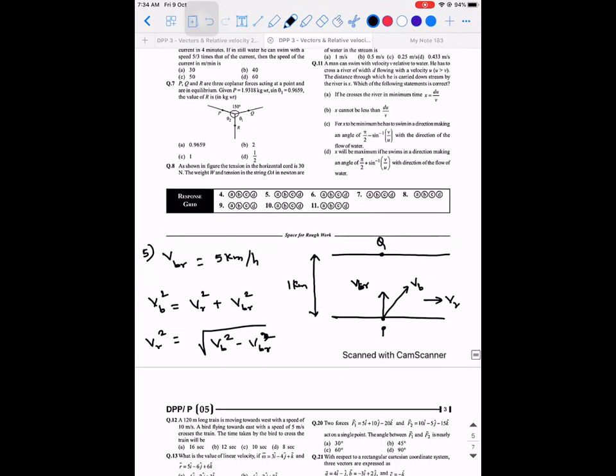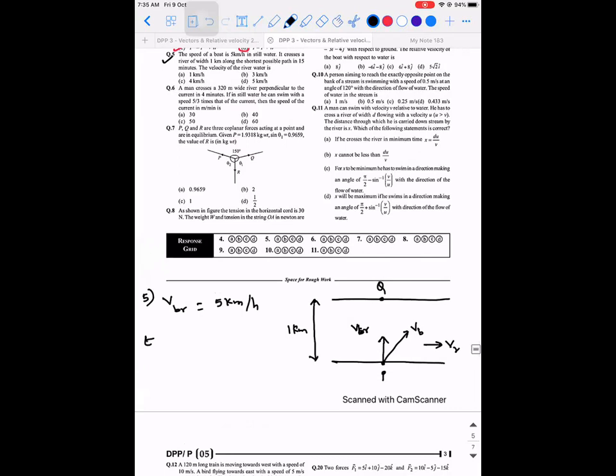Right. So is there data that we know? Do we know the velocity of the boat? See, I'll do one thing. What have they given us? They've given us the time it takes to complete, right? So time is equal to distance by speed, that is velocity of the boat. So what is the distance it is covering? It is covering 1 kilometer, and the velocity of the boat is root of what? VR square plus VBR square.